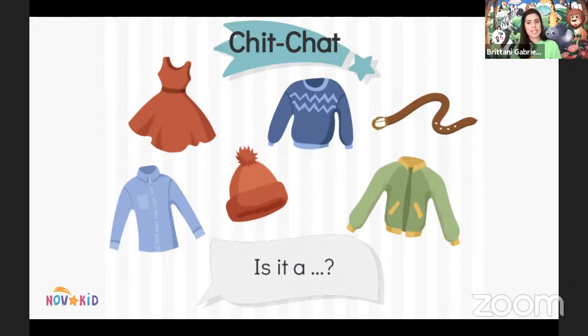Now, these slides are usually listen and circle slides, which is great. It helps the student listen and do. But what if your student has already done this slide in a previous lesson? What if your student is more advanced? What can you do to adapt?